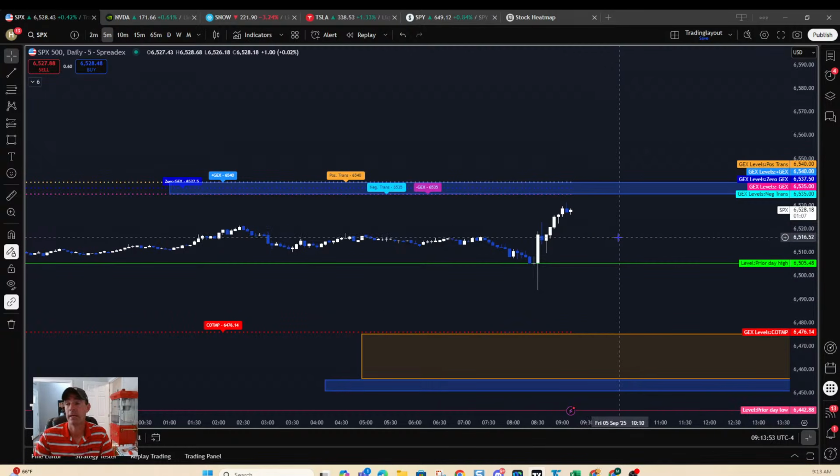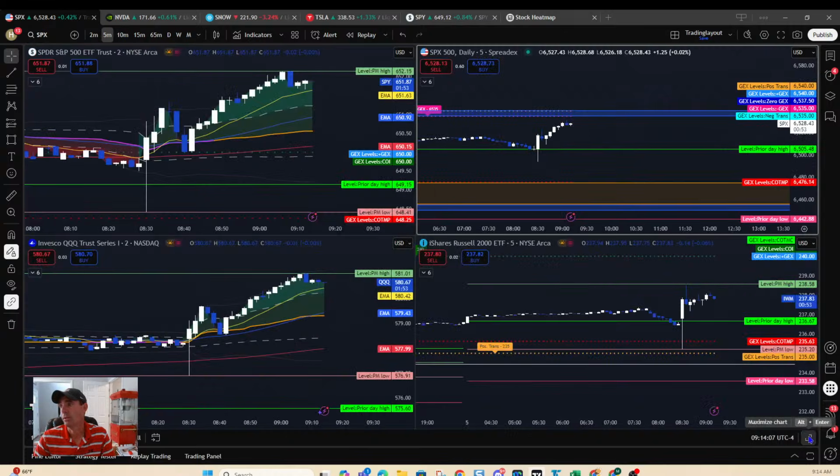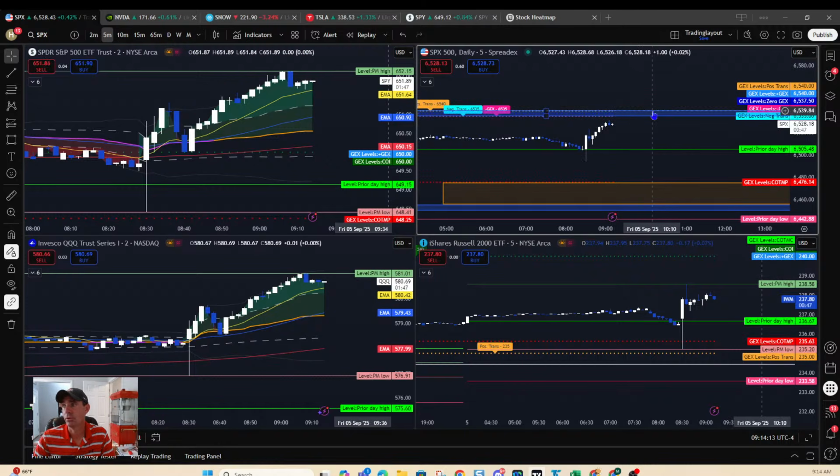But again, that's a thesis of A, B, and C, and those are if-then statements. So we'll continue to watch these as we traverse the option structure and watch the price action. So that's kind of our plan for today. Again, we'll see how this all plays out, but we definitely have a plan in place. We definitely have a structure in place that will need to be navigated with large forces exerting on the upside